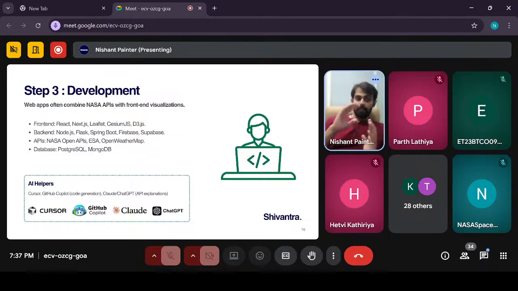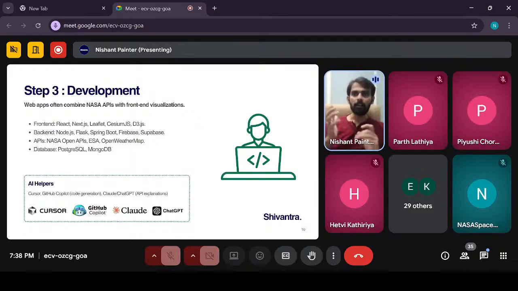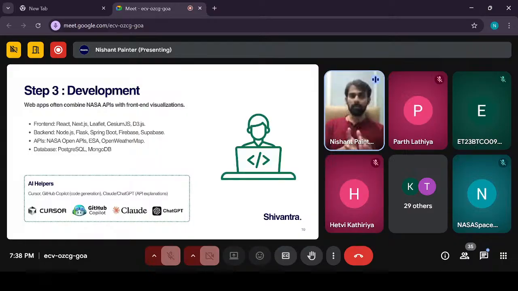Now, the communication between the front end and the backend happens through REST API. But there will be times when you need to fetch the latest data from NASA. So again, it will be like backend to backend communication using REST API. Okay, there will be a format which you need to follow. You need to call that URL, you need to provide that format, and you will get back the data response, which you then transfer to the front end and display in the graph or whatever components you need. Right. So this is how front end, back end, and APIs work.